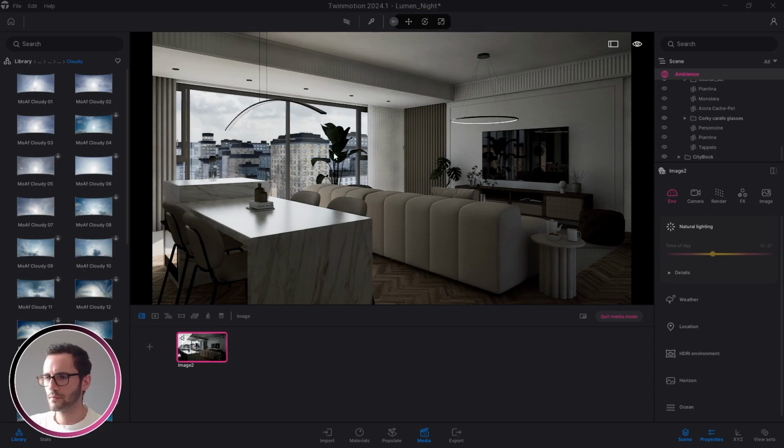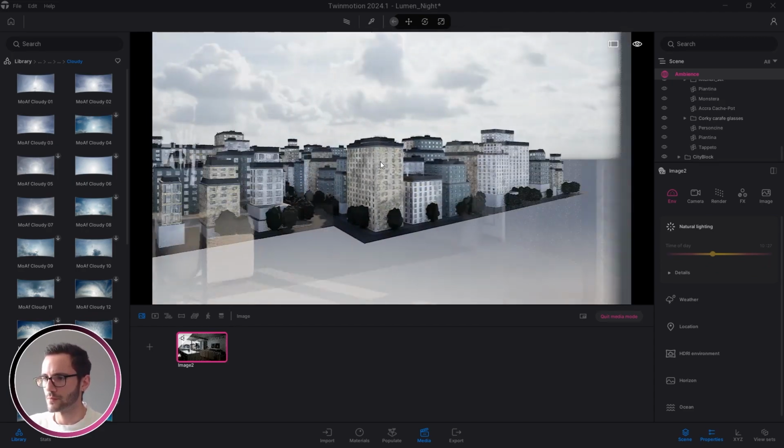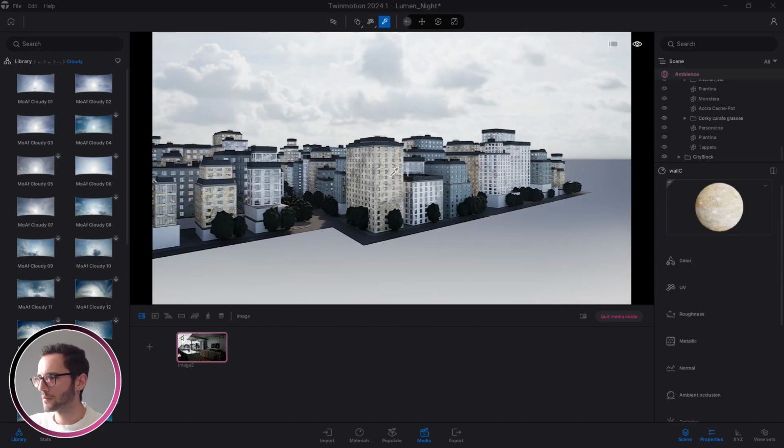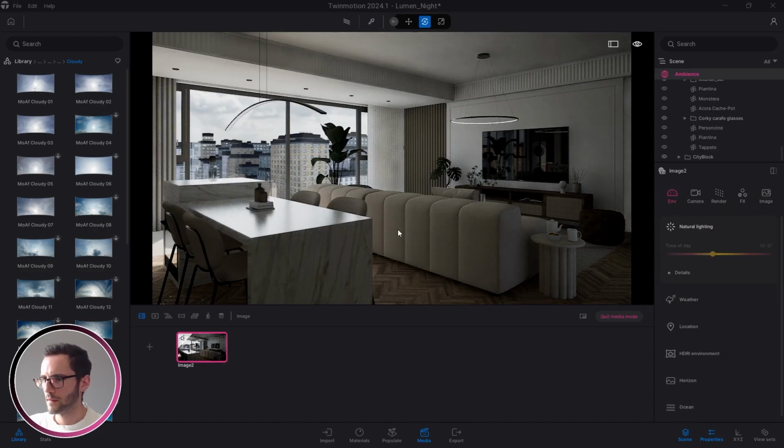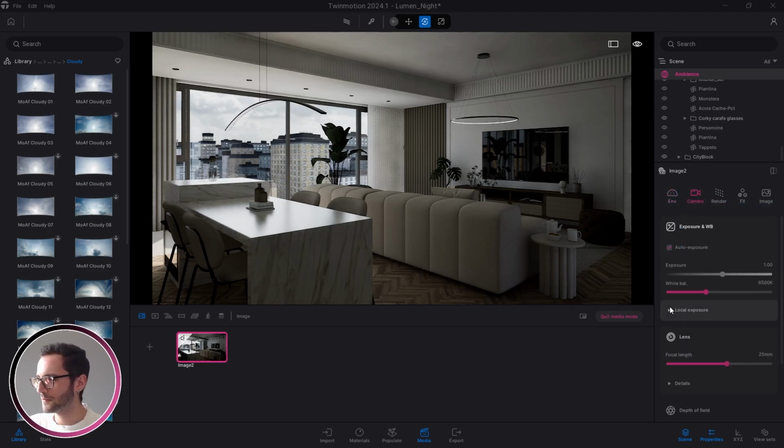After that, the grunge is really too much. So okay, don't panic if the scene is dark, because we haven't set the camera. And from here,